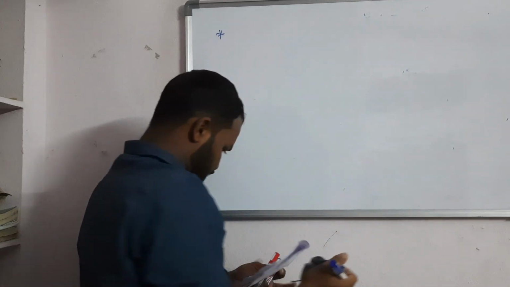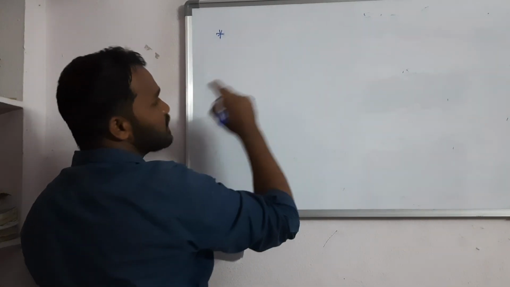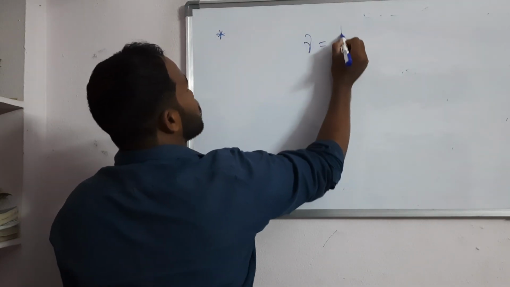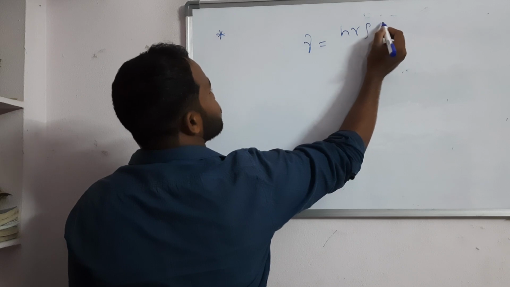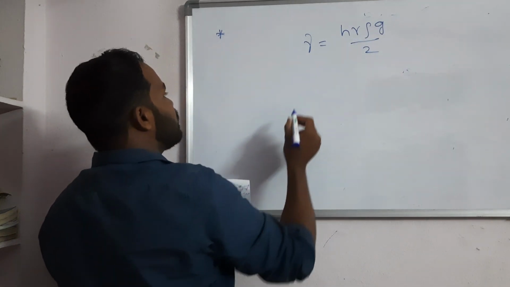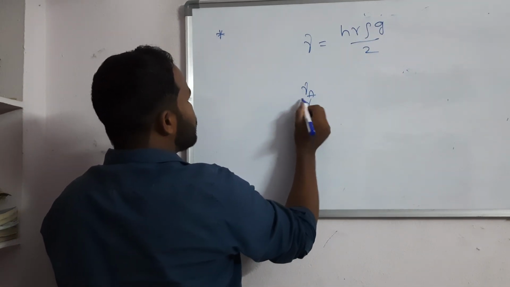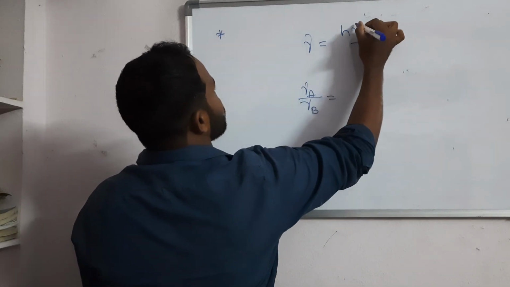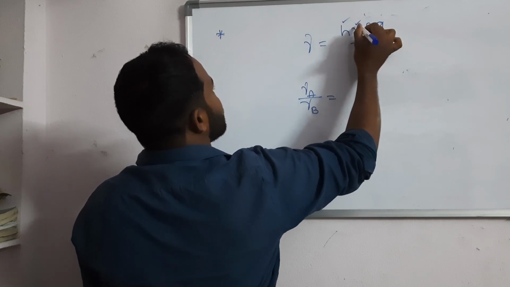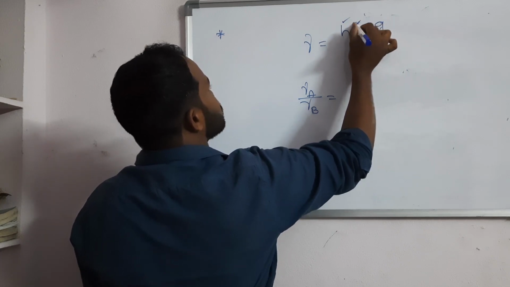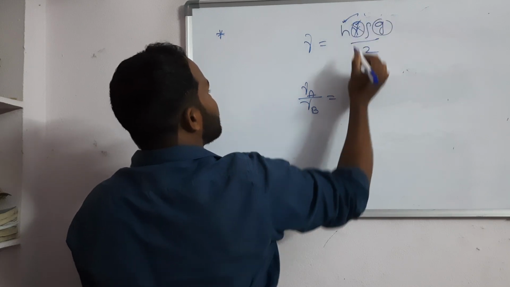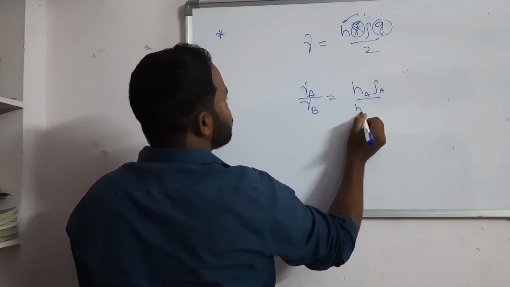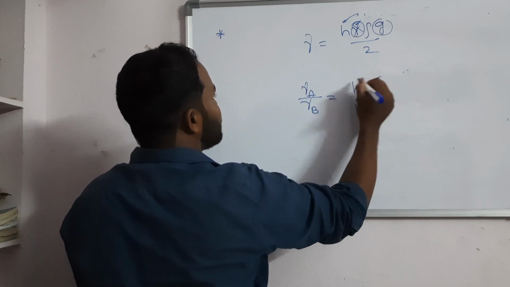Next question. From surface tension they asked what the question is. So generally surface tension gamma is equal to h r rho g by 2. This is the general formula. So you can say rho of A by rho of B is nothing but gamma of A by gamma of B. Here they mentioned that the distance is almost constant and g is constant. Only h and rho are given. So you can say h A into rho A by h B into rho B. Rho means density, h means height.